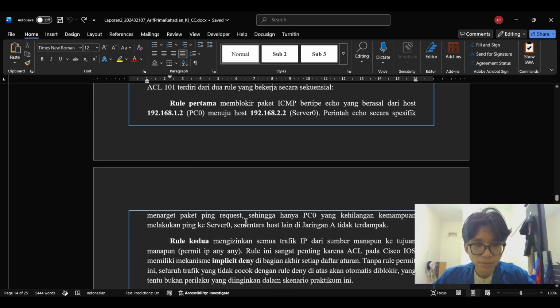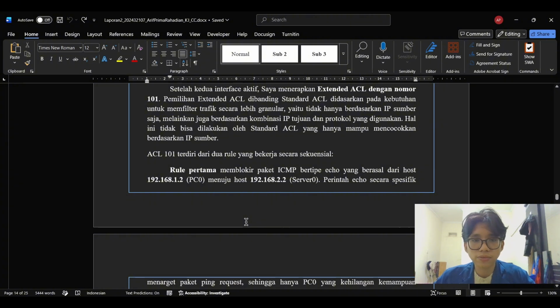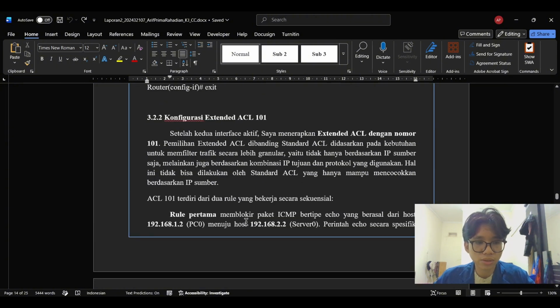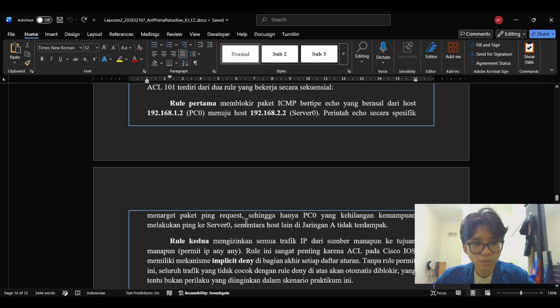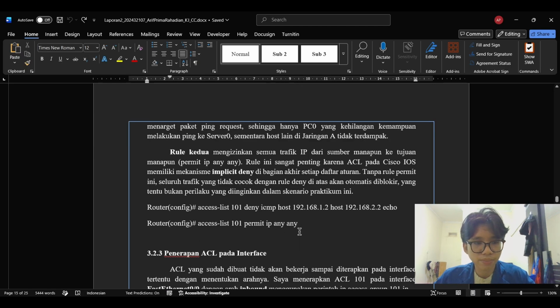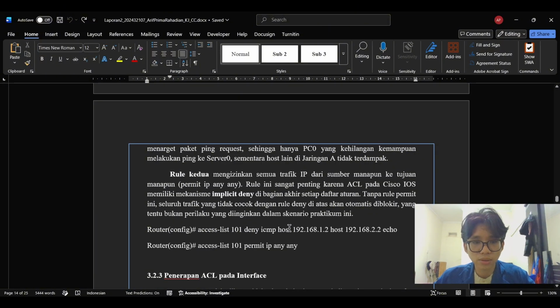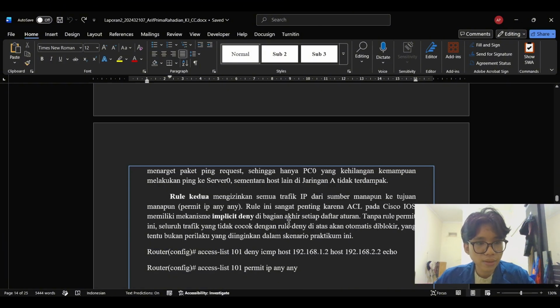ACL 101 was built with two rules that work sequentially. The first rule denies ICMP echo packets from the specific host 192.168.1.2, which is PC0, directed to the host 192.168.2.2, which is Server 0.